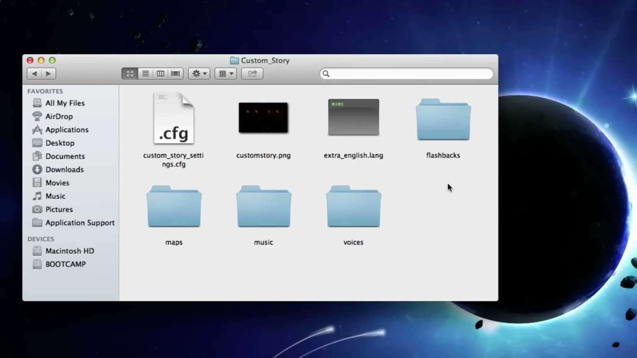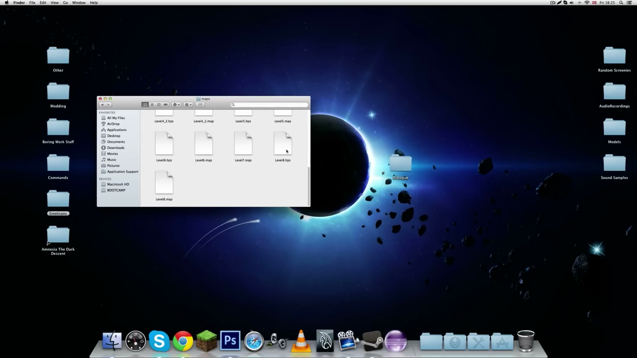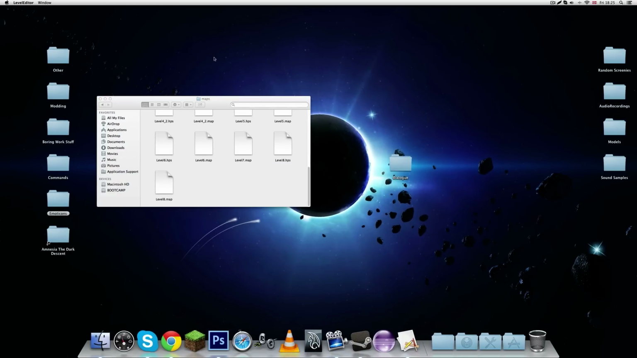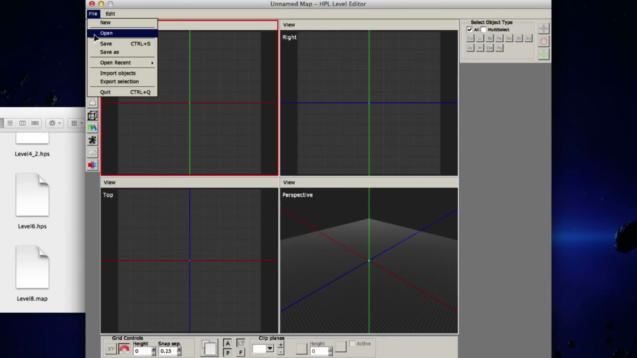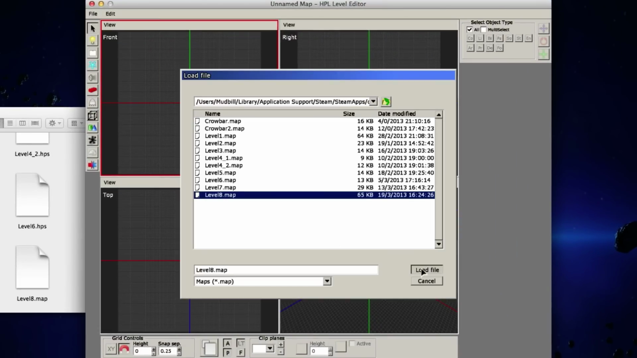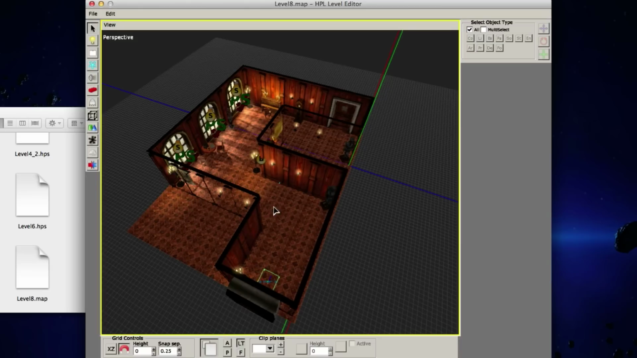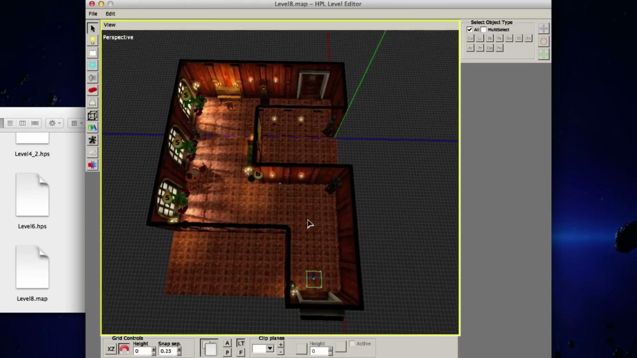So yes, I guess we'll just get started, and I'm gonna open up that map file that I have right here. Maps, level8.map is what I currently have used for this example. So I'm just gonna open my level editor and open that map, and this is how it looks. It's a very small map, yeah,